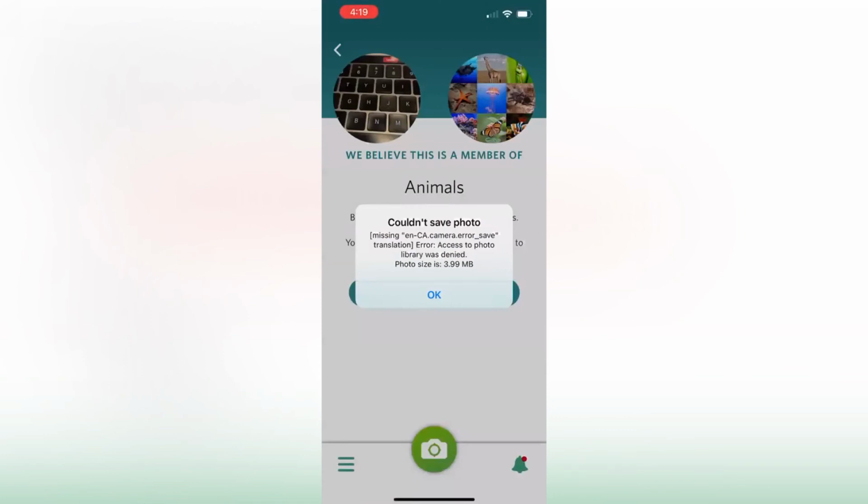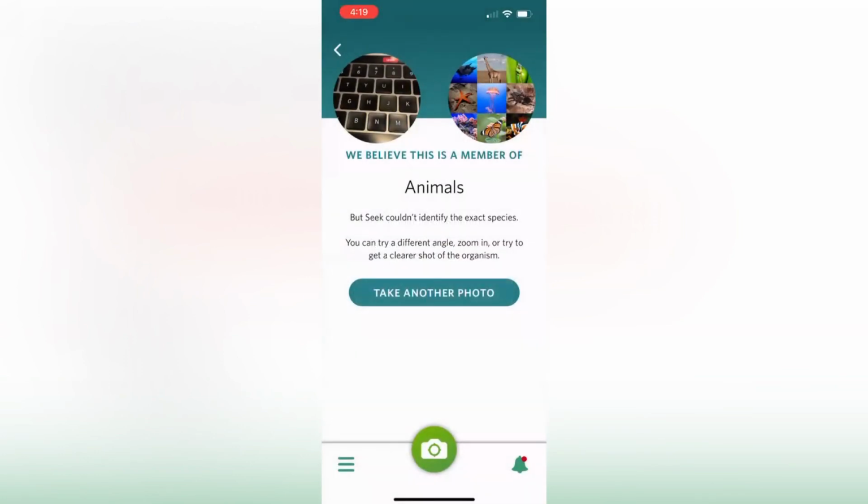that. So it's saying that it couldn't save the photo because, of course, my keyboard is not a type of plant or animal. But if it were, then it would say that it is a member of this specific group, and it would give you more information. So it couldn't tell which exact species it is because I guess Apple keyboards is not one of the options. So I could take another picture, and then it's also giving advice on how to improve your photo so